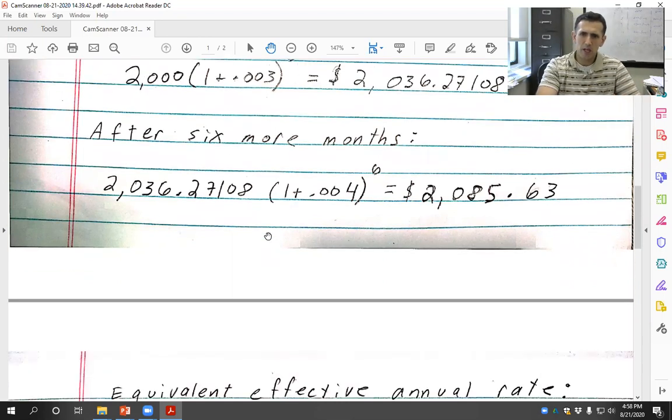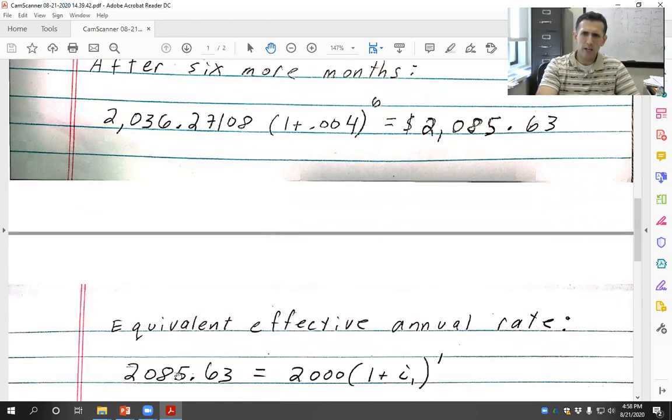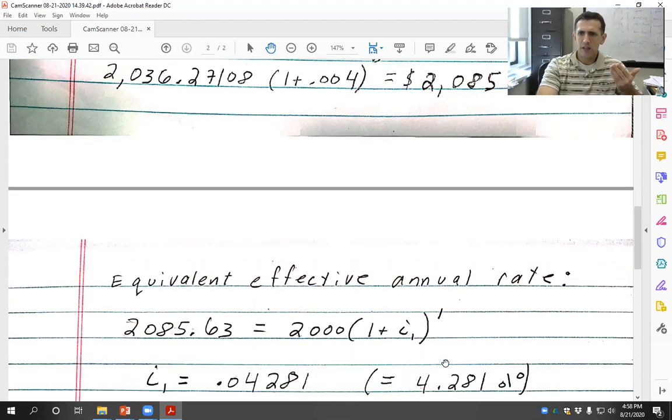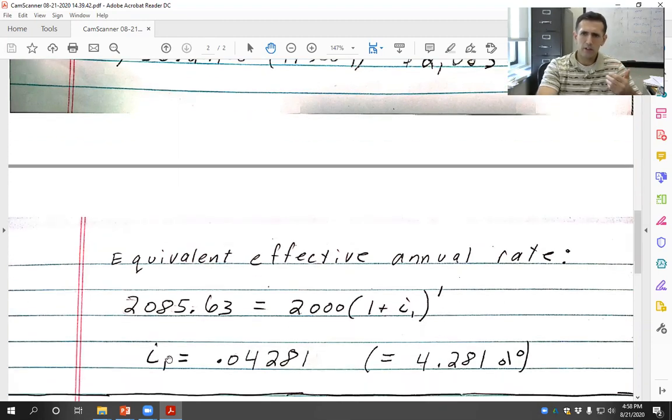But anyway, we set it up as A_1, how much is in this account after 1 year, equals A_0, the initial investment, times (1 + I_1)^1. Then we just solve for I_1, the equivalent effective annual rate for this 1 year period. And we get